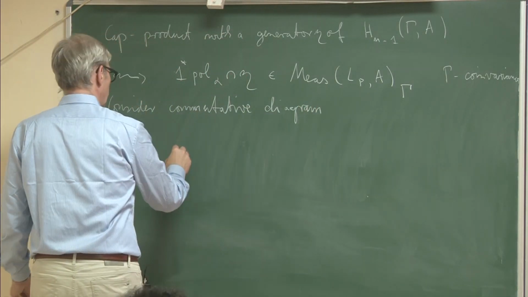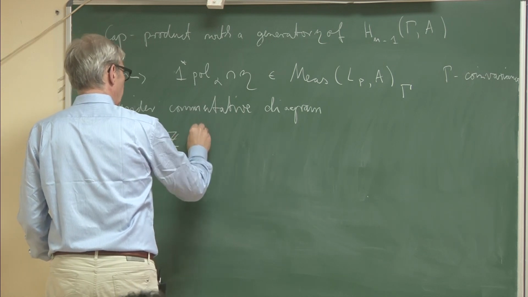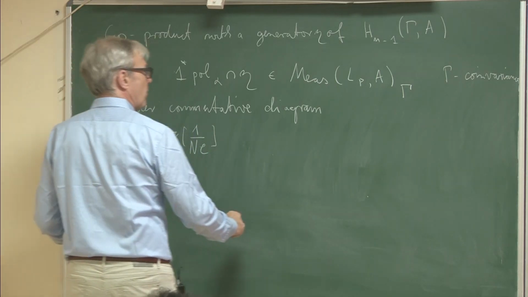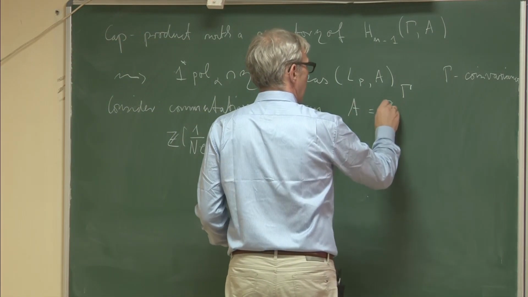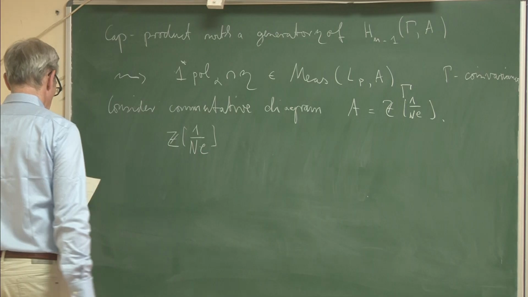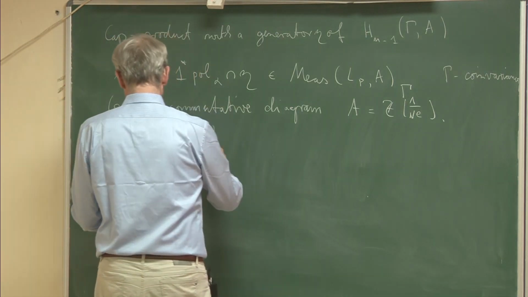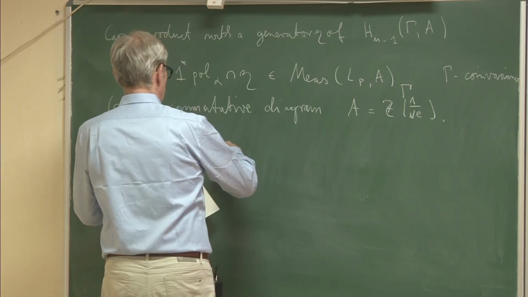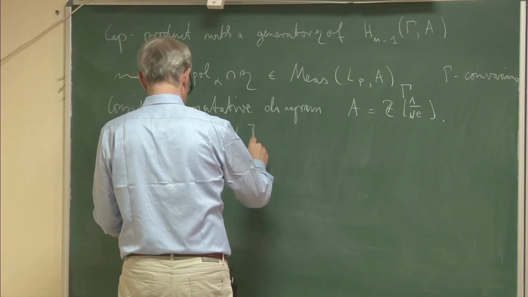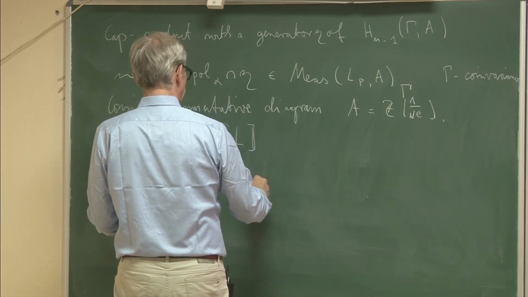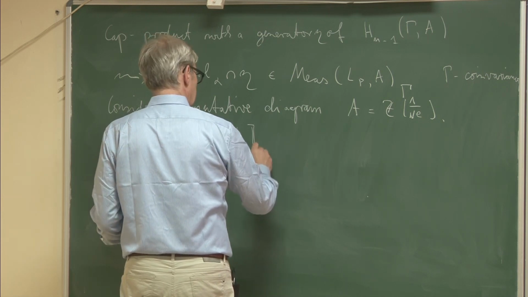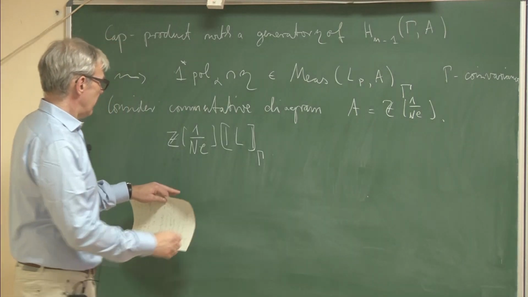We consider the ring, say, Z, and we invert the norm of that ideal C. That's our A. And so then, if we now take the completed group ring for this L, and take the gamma co-invariants, then